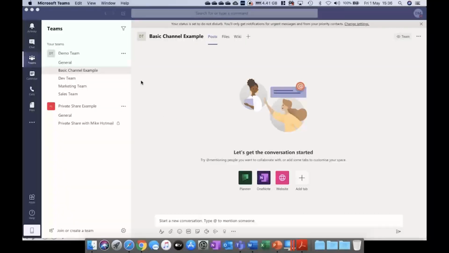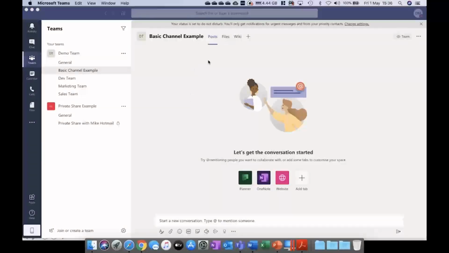Now, channels normally take the security model from the team itself, but you can filter it. So you can have a private team of a few team members rather than the whole team. And I'll show you that later on. But essentially, channels are there to silo the information, to keep it focused and drive it forwards.